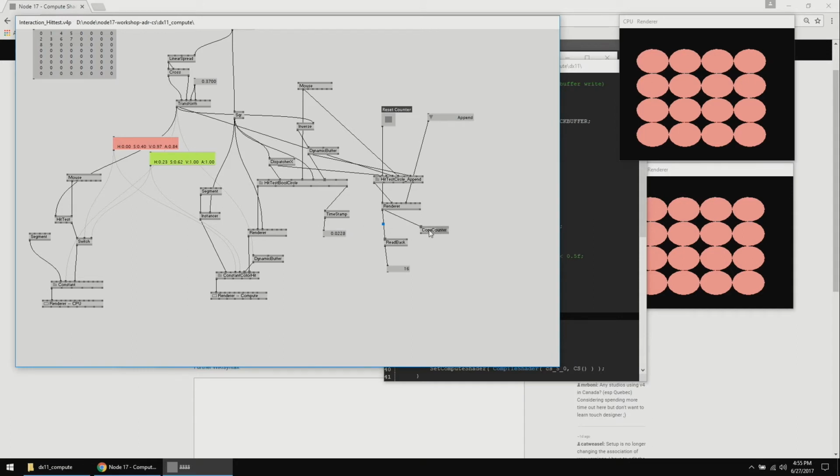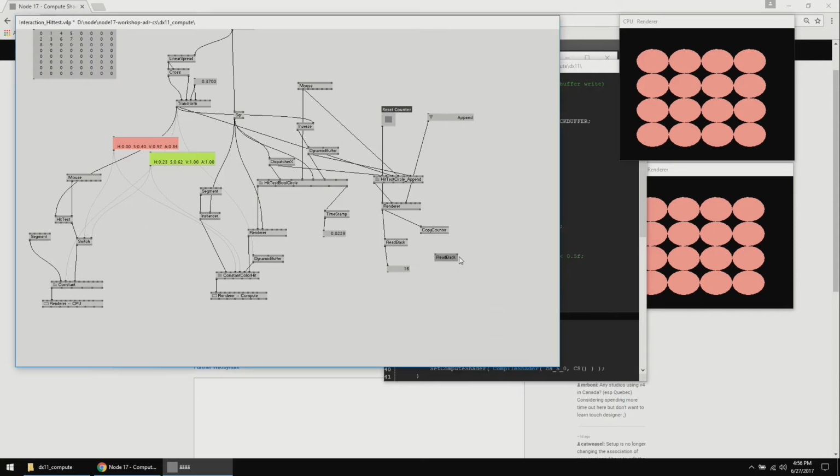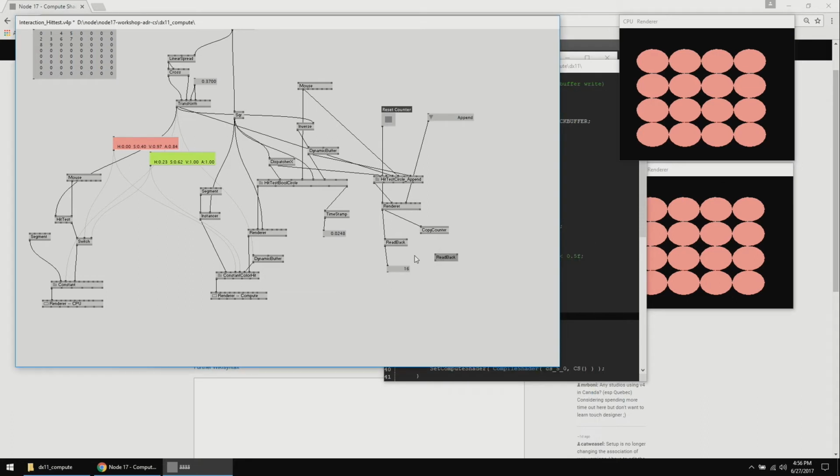which will take the counter which is in the view, and copy it into a buffer. So the counter will be the first element of a small buffer. Then you can read back buffer raw,